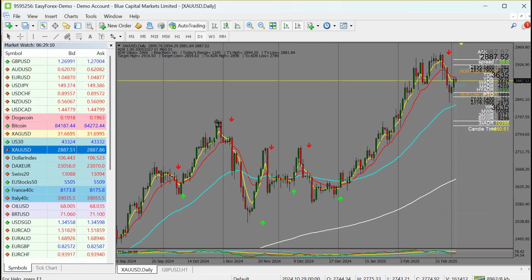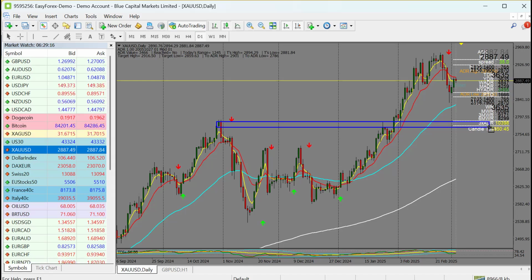For me to consider this trade as a low risk trade, we'll be expecting the market to come all the way to these previous highs, where gold came and broke this resistance region, and to come and confirm the break of structure on this daily order block.